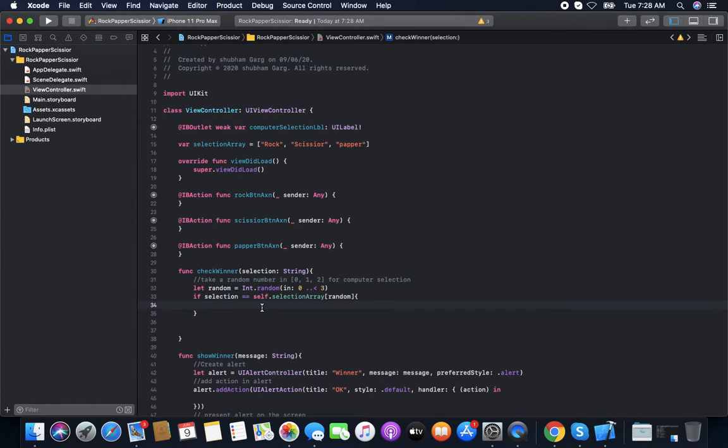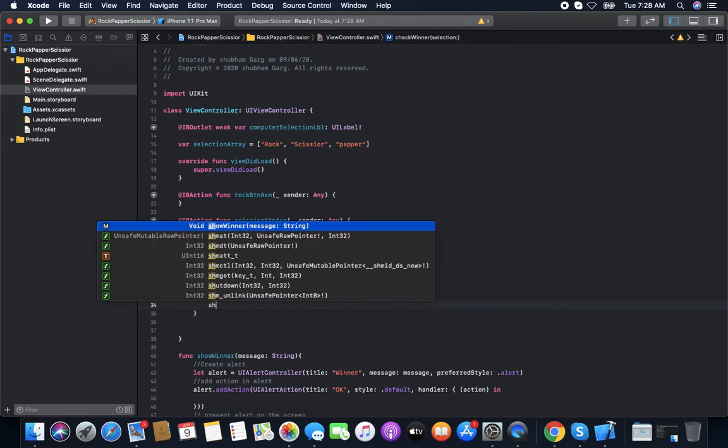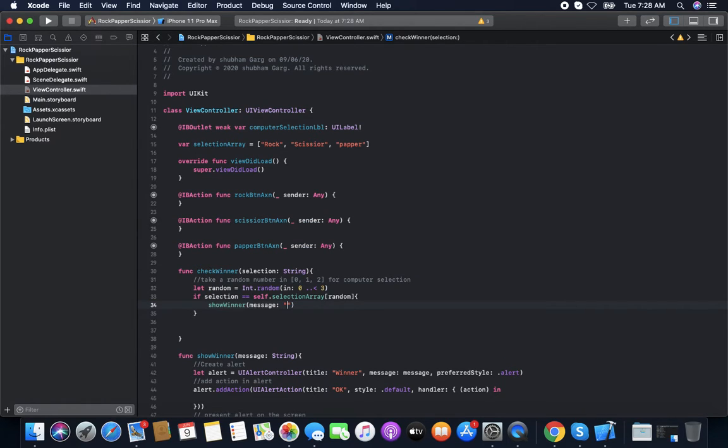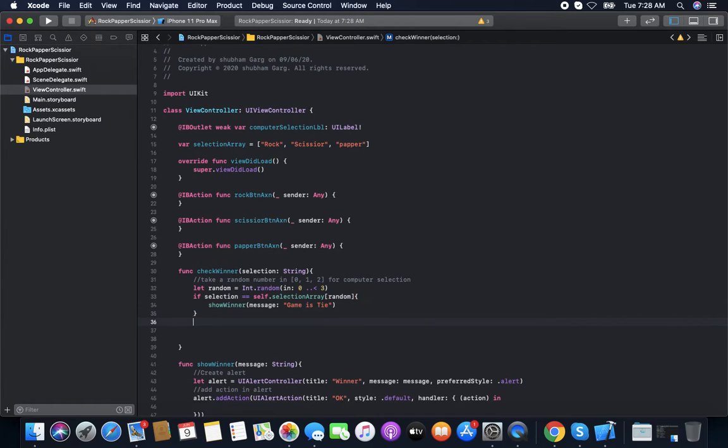If both are equal, then game is tie. So we say show winner, game is tie.